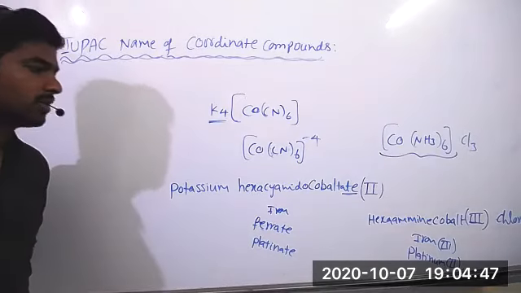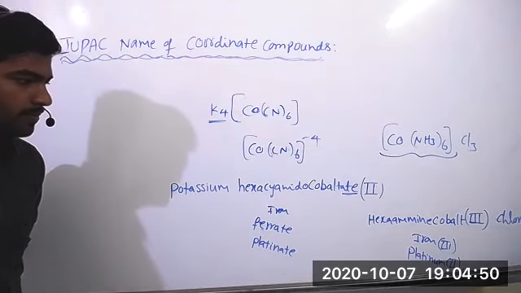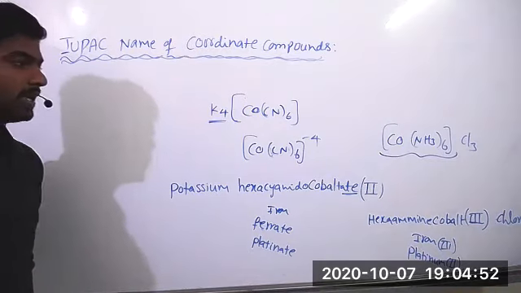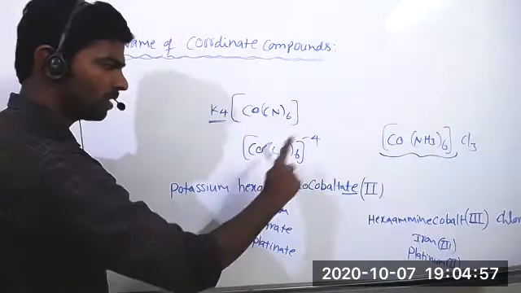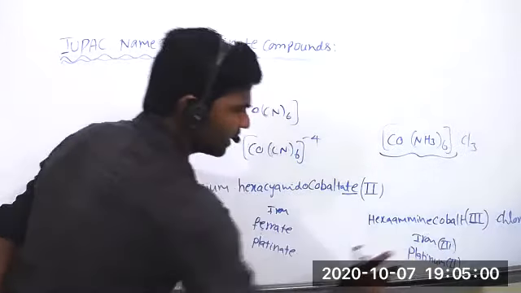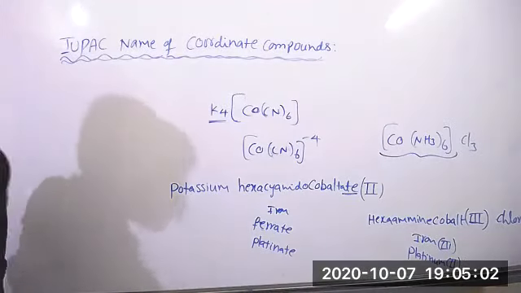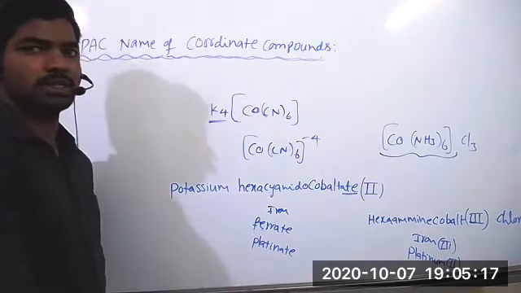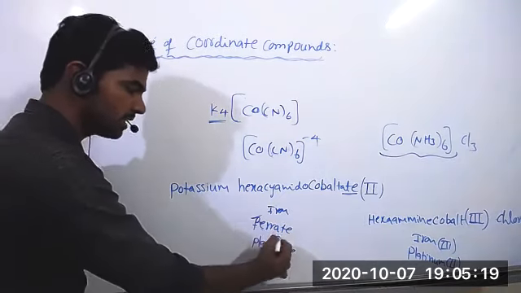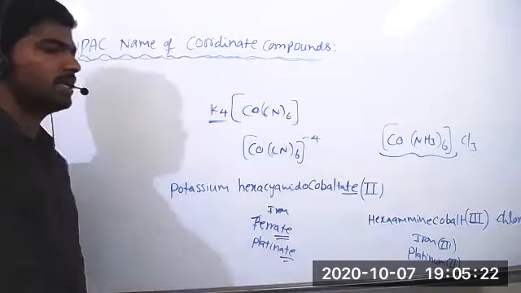So writing that oxidation state number is compulsory. After writing the metal name in the complex, whether in the positive part or negative part, immediately you have to write the oxidation state in brackets. If it is in the positive part, then just iron is enough. You don't need to write ferrous. You can write iron(III). That's all. Don't write ferrate. Ferrate, the -ate, comes only when the complex is in the anionic part.